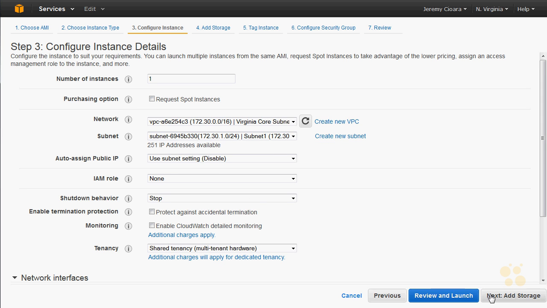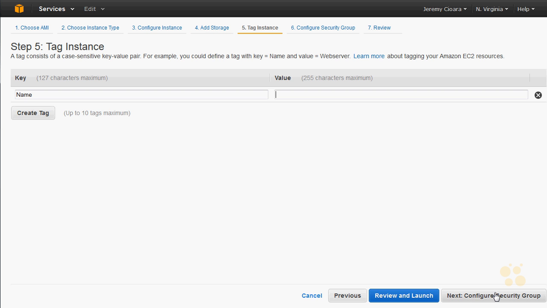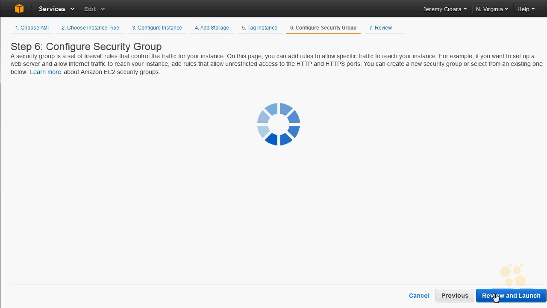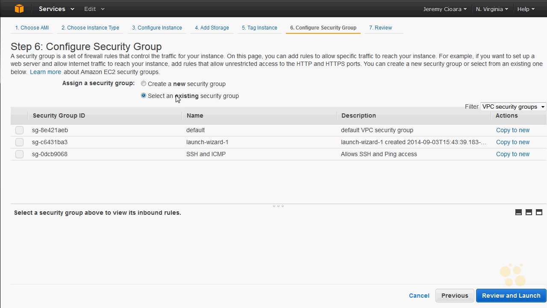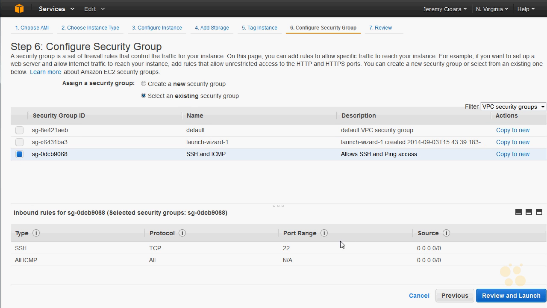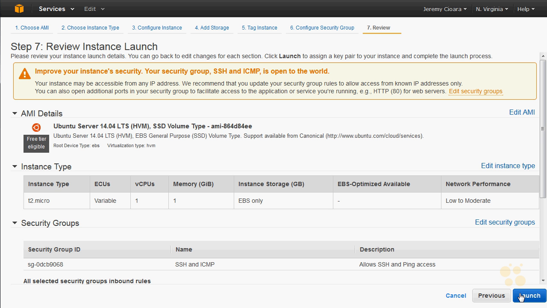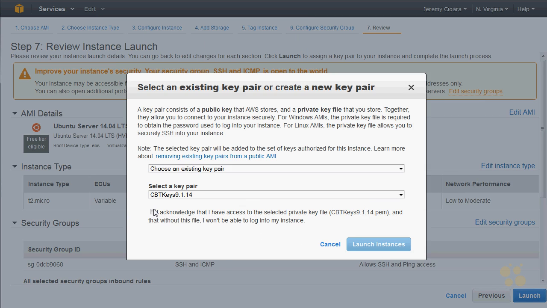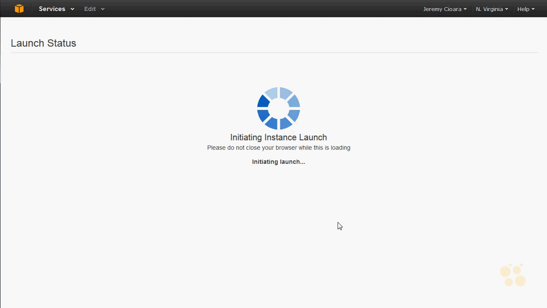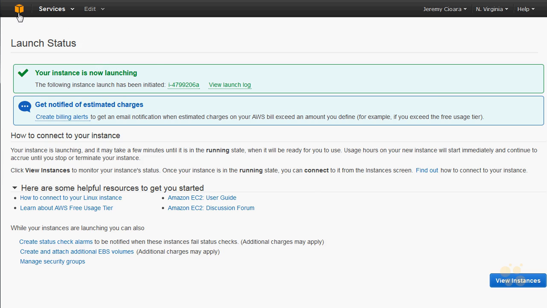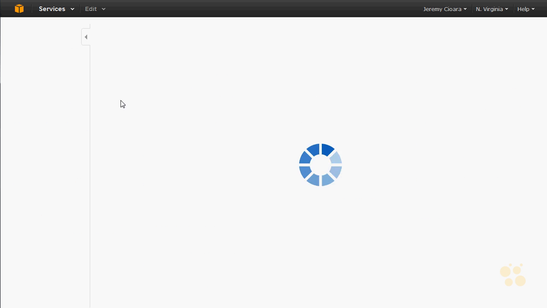And we'll go with next, add storage. Looks good. Next, we've got any tags, security group. That's what I wanted. So I'm going to click an existing group, and we'll go with the SSH and ICMP. Review and launch. Looks good. Launch. Yes, I have that key pair. So let's launch. While that one's kicking off, let's go in and shoot up one more instance in the other